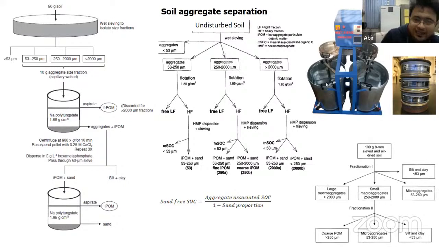We take our undisturbed soil, and after taking that undisturbed soil, we need to make sure that it does not contain a very large amount of stones or something like that. For that you can always sieve that undisturbed soil through an 8 mm sieve, so whatever larger stones are there will already be separated. You take the rest and put that soil on the assembly, on that 2 mm sieve. Then you put this thing in this wet sieve shaker,